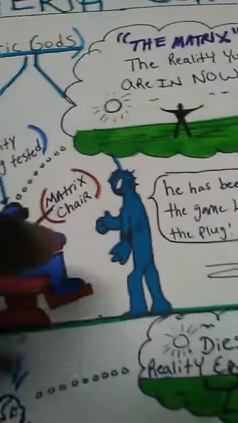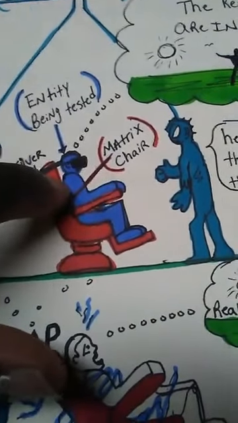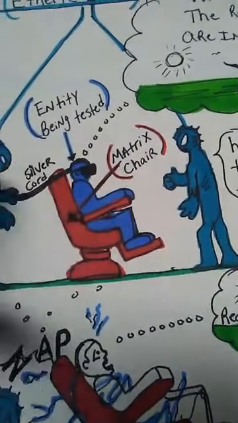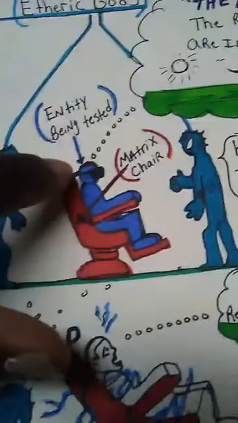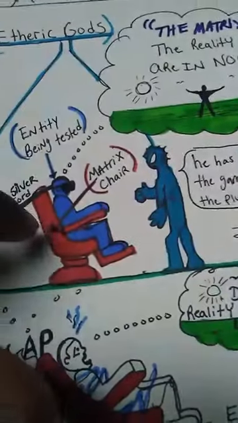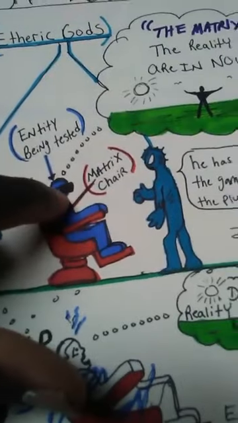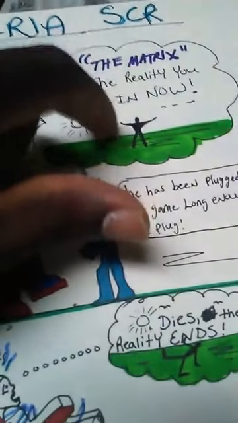So Josh Bussey, this you right here sitting in the chair. Let's just say you in this matrix chair. These etheric gods is running this test on you. So they put these virtual goggles on your face, which create the reality you're in right now. So you're sitting in the chair with these virtual goggles on, and the silver card is plugged into your brain, which create this reality you in right now.